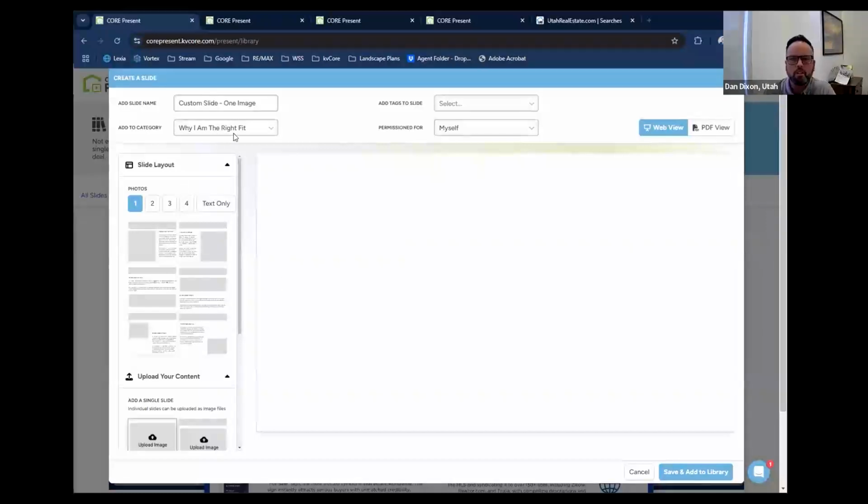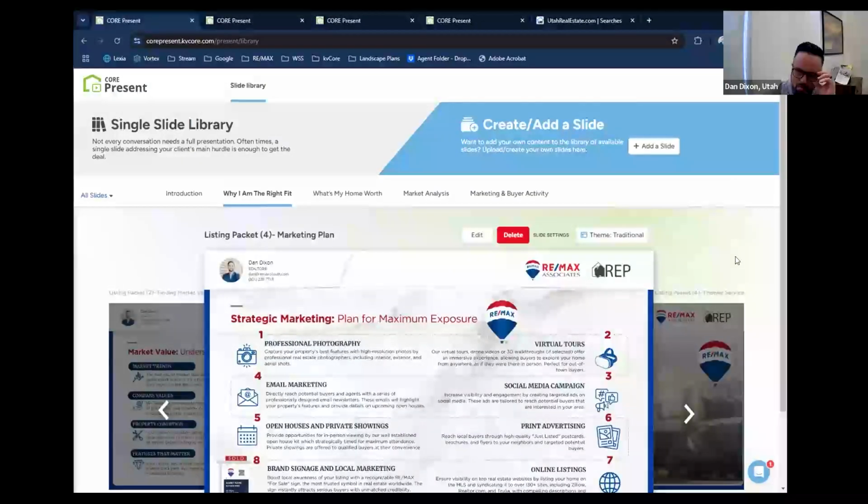Awesome. And then when you're in here and you do create that slide, you can choose where you want that slide to be stored, right? You can choose which subheading, so that when you then go to create the presentation, it'll be in the right spot. So that's how that works. And here you can see the web view or the PDF view. If you want to see how that looks for the slide that you created, it'll rotate it here before you actually save and add it to your library. Okay. Any questions on just creating a slide or adding slides here?